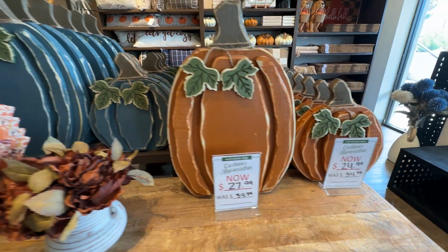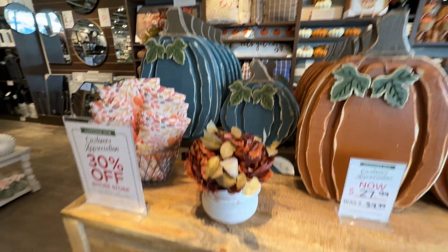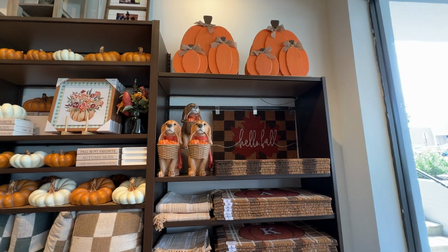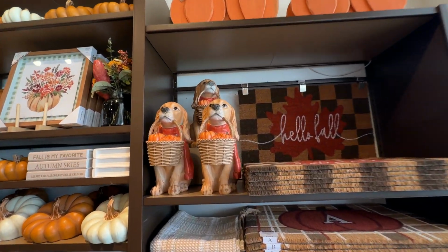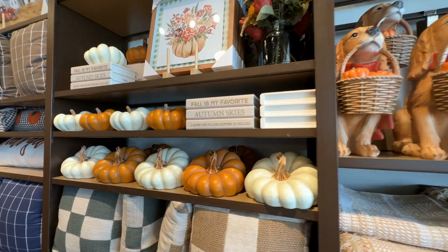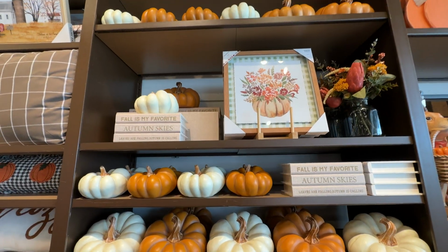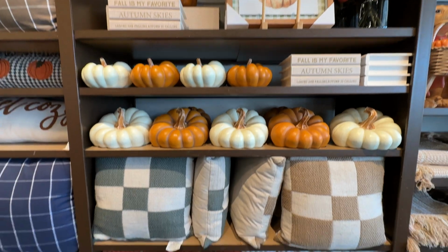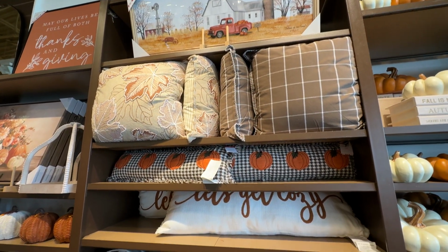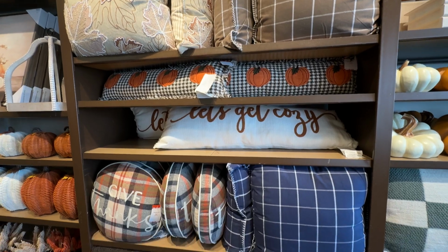I'm not sure if the 30% off, it says entire purchase. I assume that is... In fact, there's another sign right there. I assume that applies to the sale items too. So that could be a pretty good deal. Here's some more dogs. This one's carrying a little basket of pumpkins. How cute. I love these sort of misshapen, not that normal, typical pumpkin shape. They're just so much more interesting. I can't wait for them to be more mainstream, and then the prices will, of course, come down and make